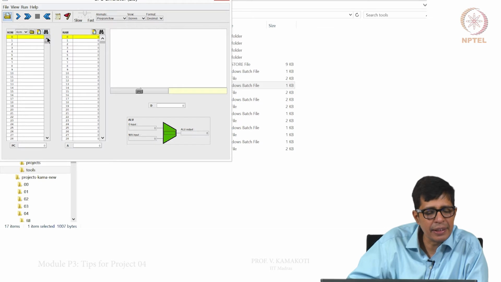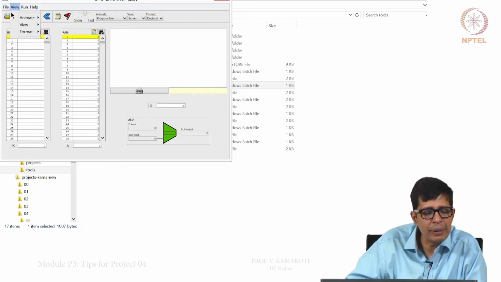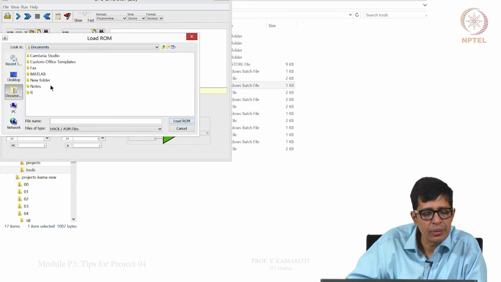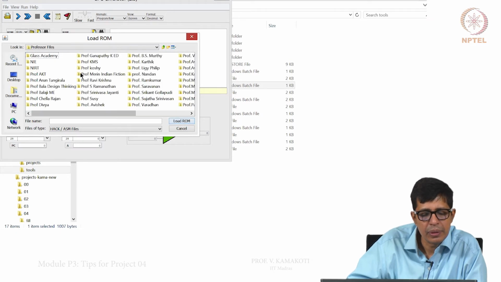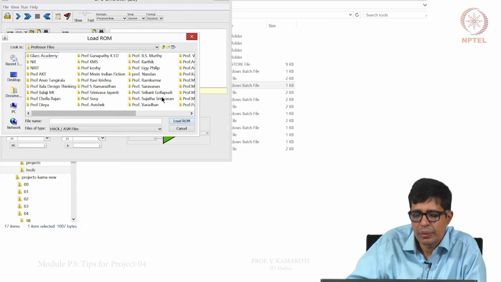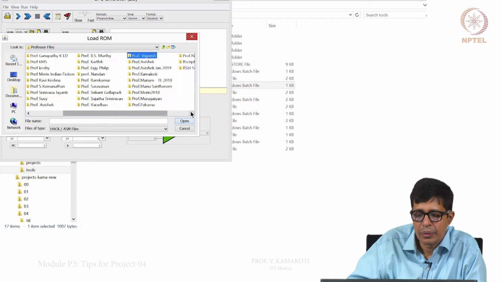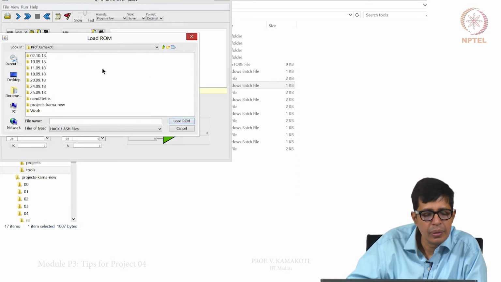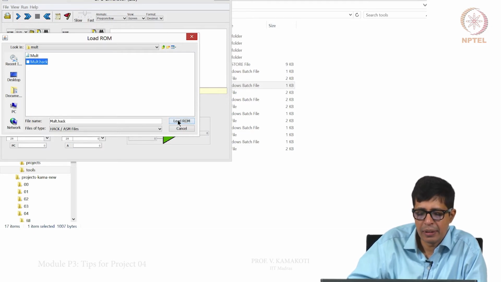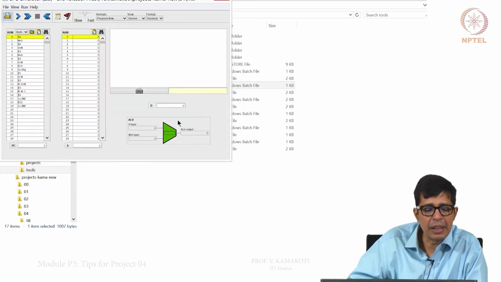In the CPU emulator, you can now load a program. So, we go back to load a program. I can load this hack program here, click on load.